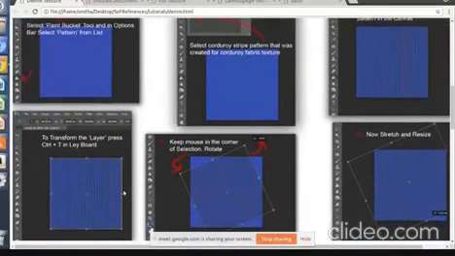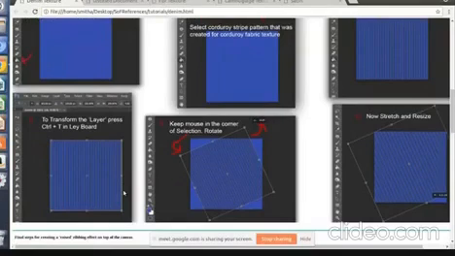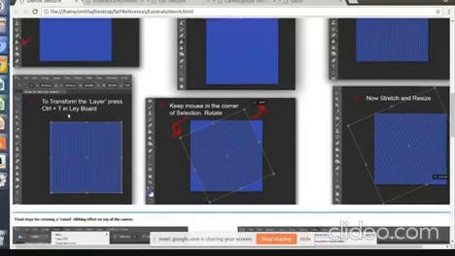Now you have to press Control and T on the keyboard. This is for transforming the layer. Transforming the layer means you can make it big or small, and you can rotate or skew it. The moment you keep the second layer selected and press Control and T, the layer will get selected, and you'll see some nodes appearing all around it, these squarish nodes.